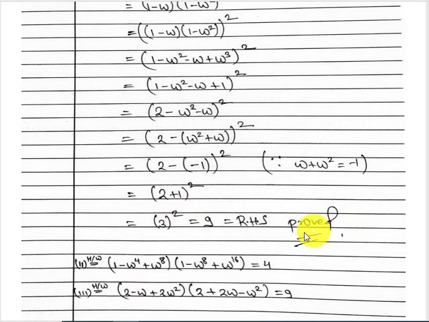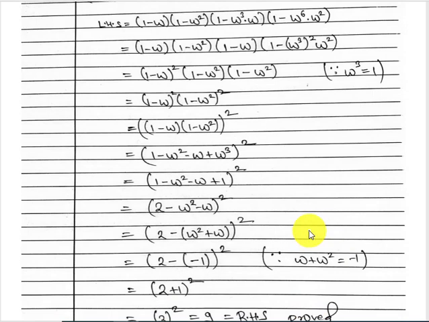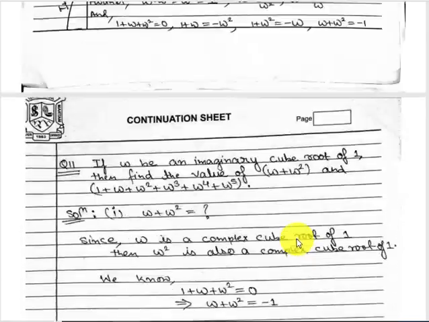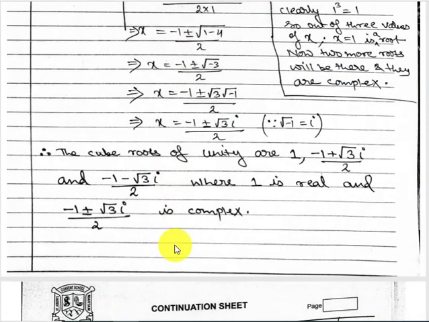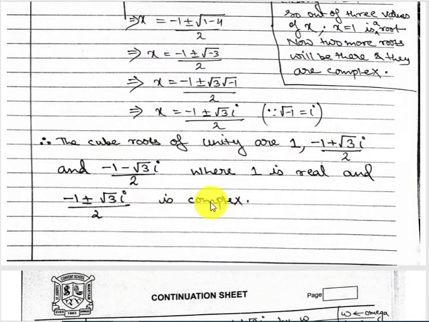So it's proved. Now parts 2 and 3 are left for you as homework, so do them. Done. So this is all for today. Whatever explanation I have done for this, if you want to write it, otherwise not needed, you can write straight from here. And after that, copy the solved question and do those questions.